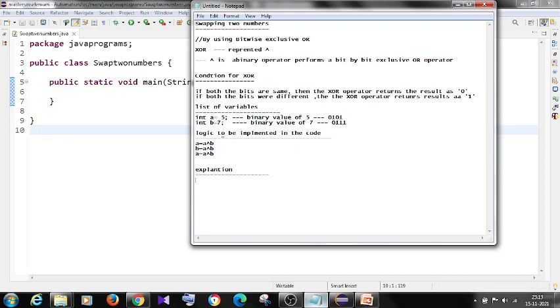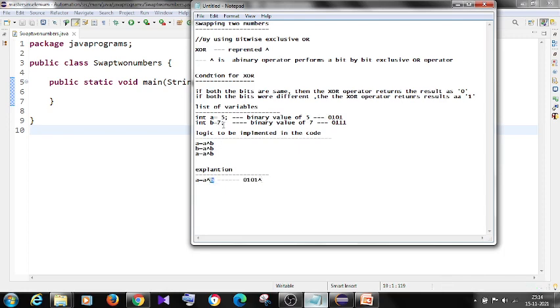So the first step is a equals a caret b. What does it mean? What is the a value here? 5, and the binary representation of this one is 0101, caret b.